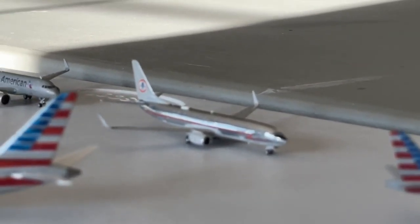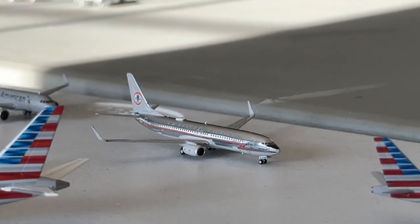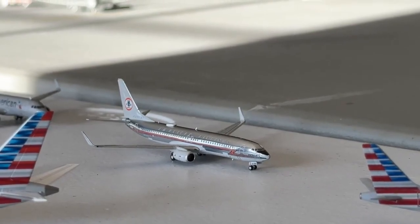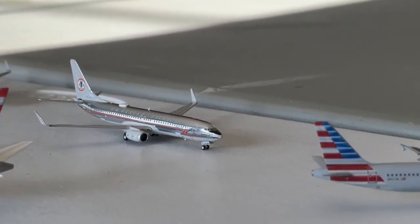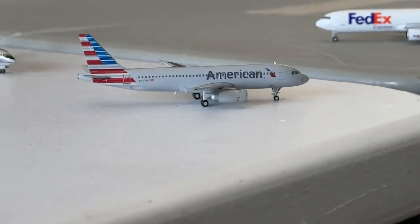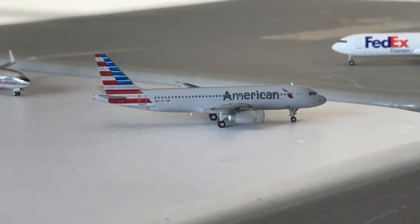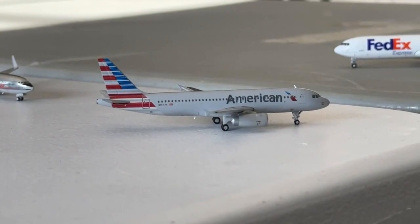And this Allegiant 737-800 is taxiing out for departure. This aircraft's going over to Charleston, South Carolina, and came in earlier today after a flight from the great city of Colorado Springs. And this American Airlines Airbus A320 with the fence tips is heading out to Charlotte today and came in earlier after a flight from, I'm